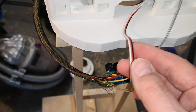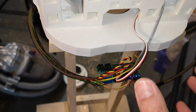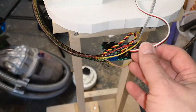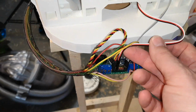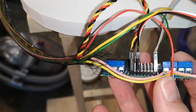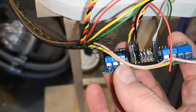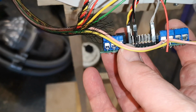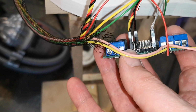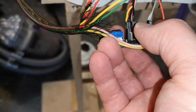We then have this new wire here, which is the potentiometer for the stomach tilt, the tilt side to side, the mechanism that we've just built. So that's the potentiometer for that. And we've now got a plug on that, so I've plugged that onto the header there. I've left one gap, so we've got the servo control wire and power on the first connection. The space that I've got in there is for the stomach rotation servo control and power, which we haven't built yet. And then the next 2 connections are just jumpered together,